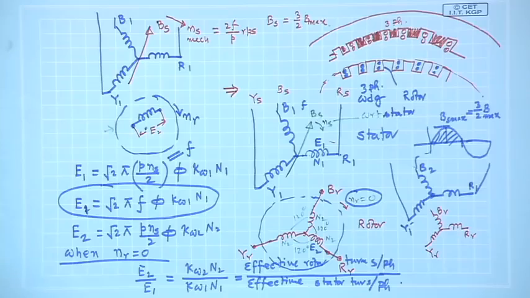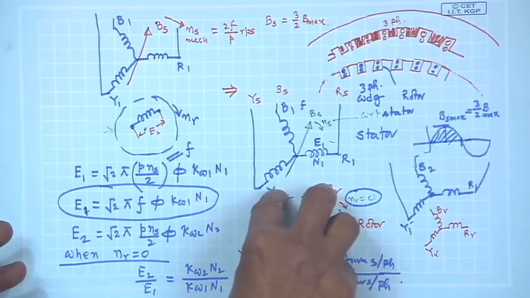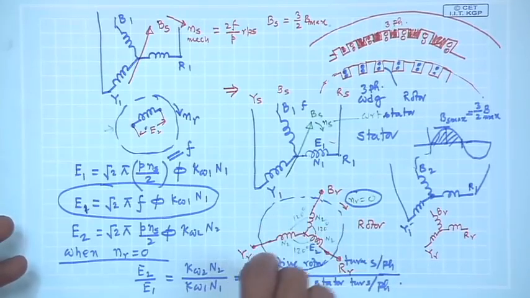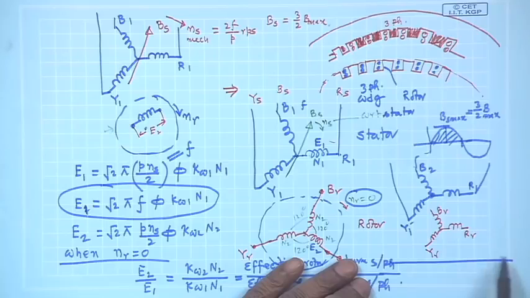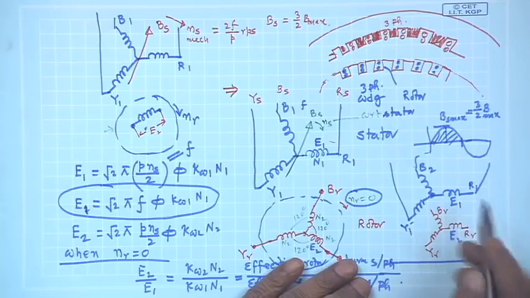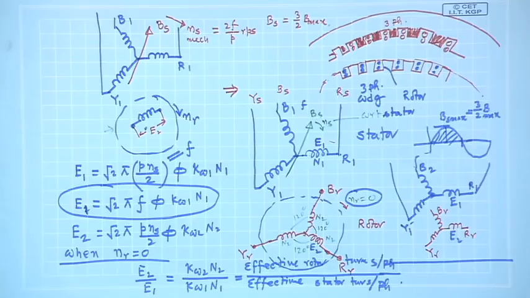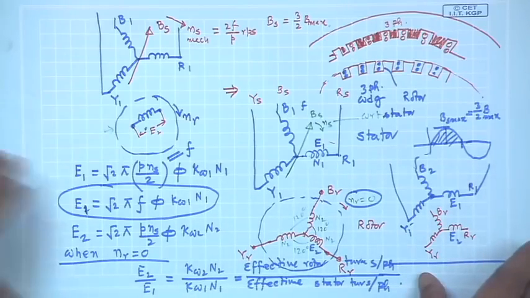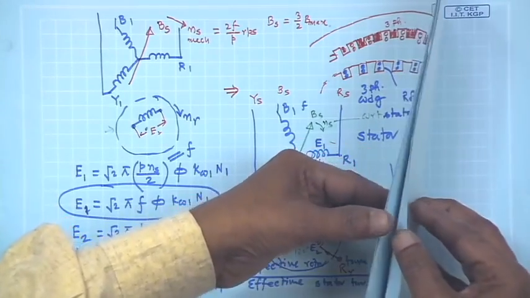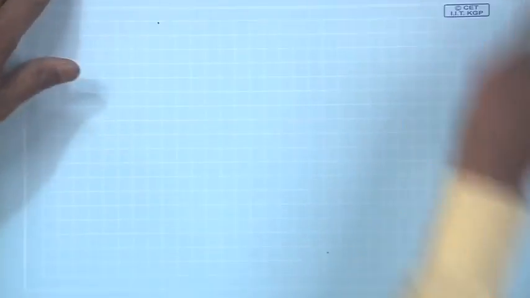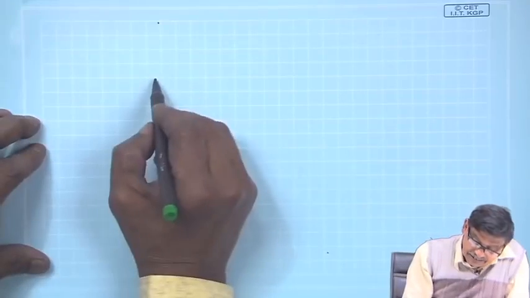But here, since I have this provision, I can move this rotor by hand and then lock it. So, in one position I do it like this. So, this E2 and E1 they will be in phase. However, if I make this